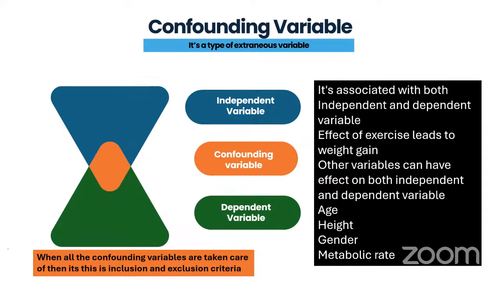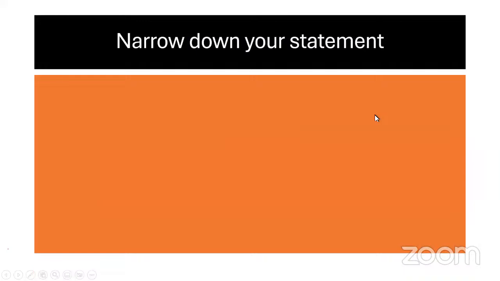When all the confounding variables are taken care of, then this is added in inclusion and exclusion criteria. आपने बैठ के अपनी स्टडी का इंक्लूजन और एक्सक्लूजन क्राइटेरिया बनाना है, एंड यू हैव टू एक्चुअली एड्रेस ऑल द कंफाउंडिंग वेरिएबल्स। दैट इज वेरी वेरी इंपॉर्टेंट। आप इंक्लूजन बनाते हैं कि लैक ऑफ कॉन्फिडेंस अमंग मेडिकल स्टूडेंट्स,